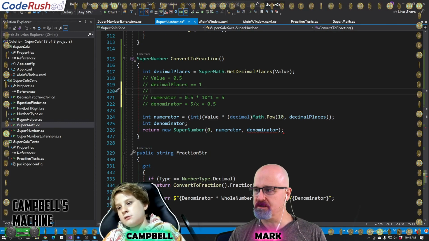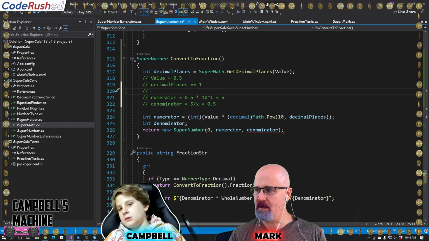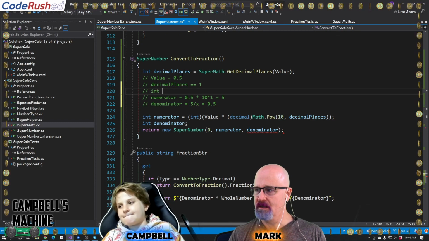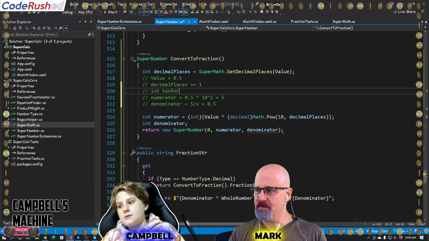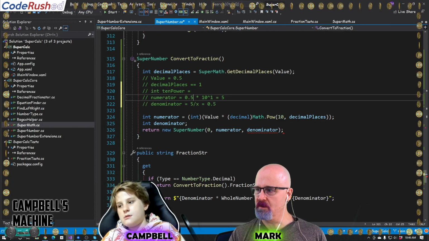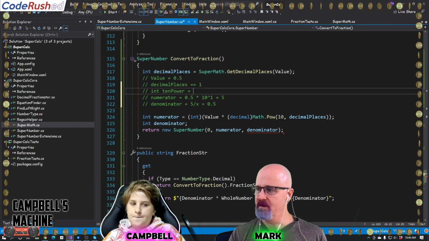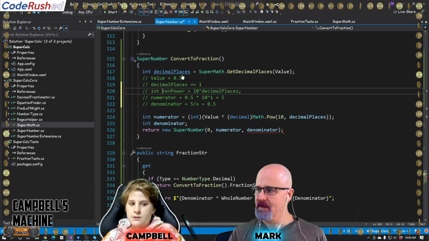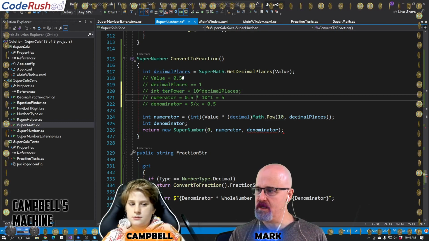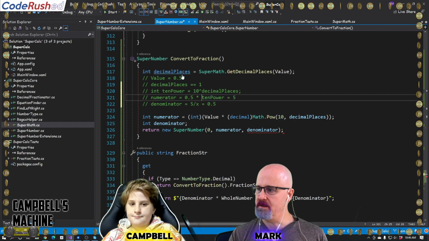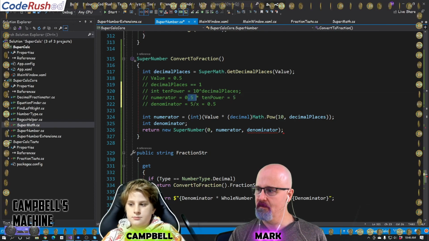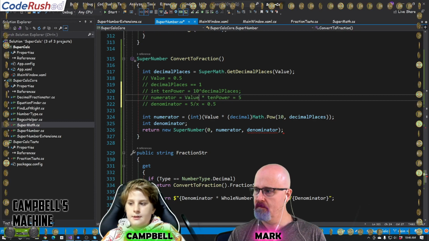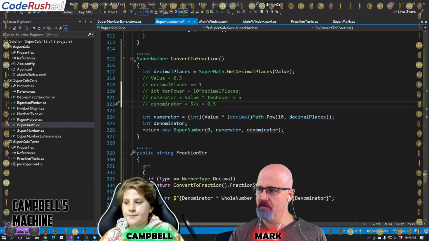So we're going to create a variable called 10 power, and that's going to be equal to 10 to the number of decimal places. And then we're going to use 10 power here. Numerator is equal to value times 10 power. Denominator is equal to